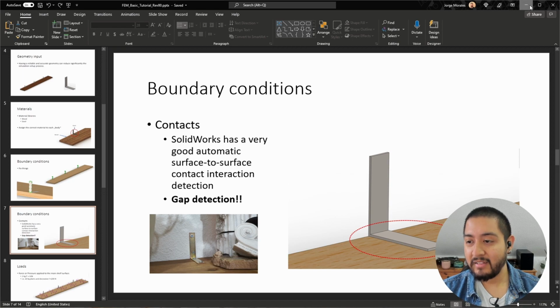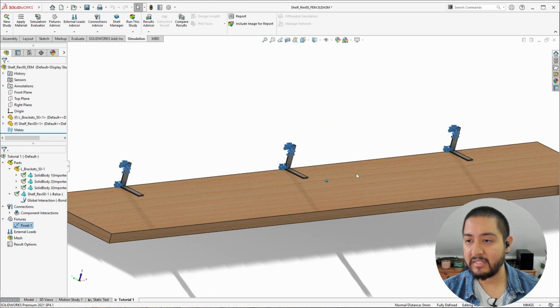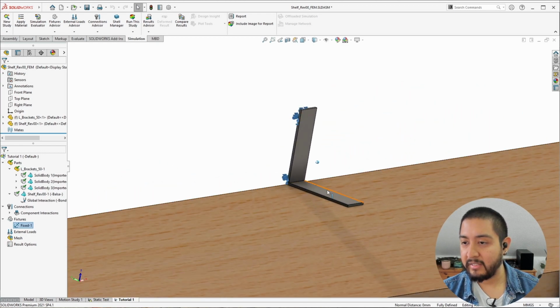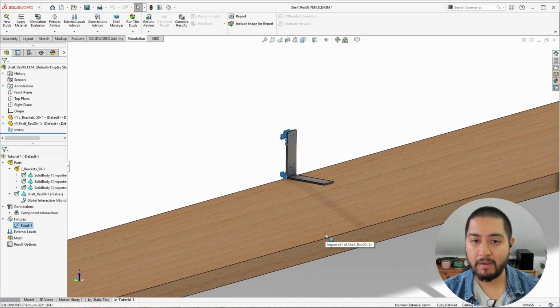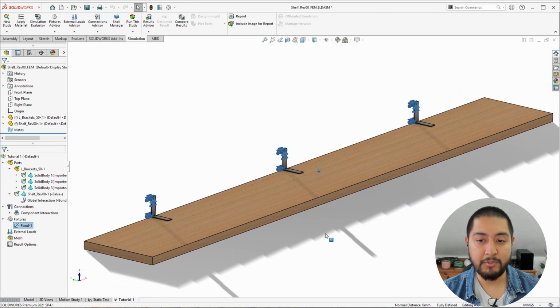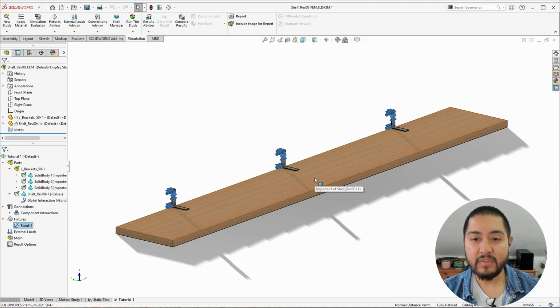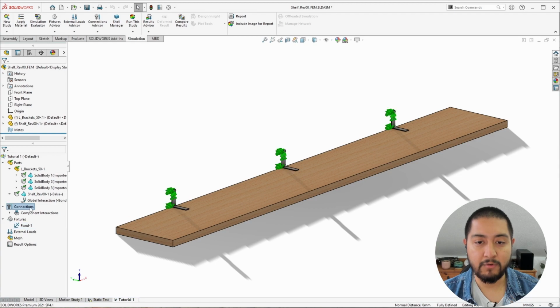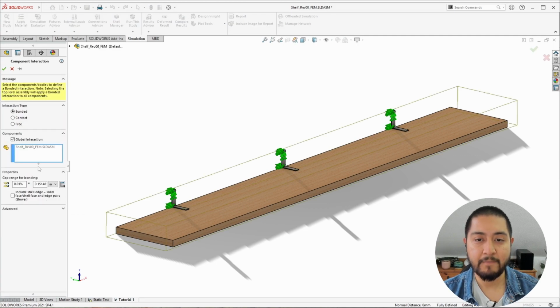So the contact that we have now in this case happens in between the surface of this bracket here and our shelf itself, and we have at least 3 contacts, but we are not going to define them individually. As I already mentioned, we're going to use the automatic contact detection from SolidWorks. And in order to do that, for example, if we click on these connections and then component interactions and then global interaction, we can click here and edit the definition. And if you see,